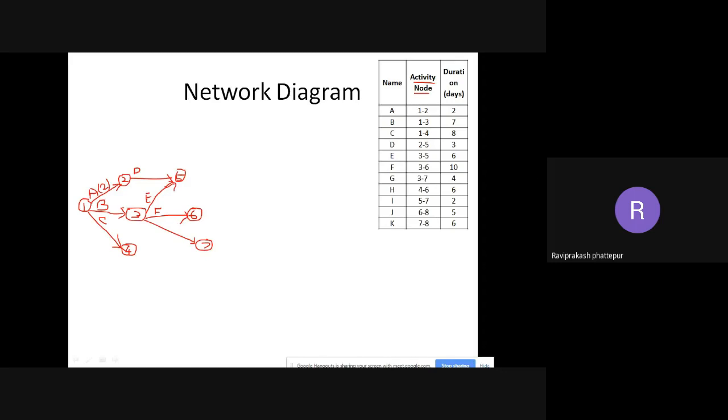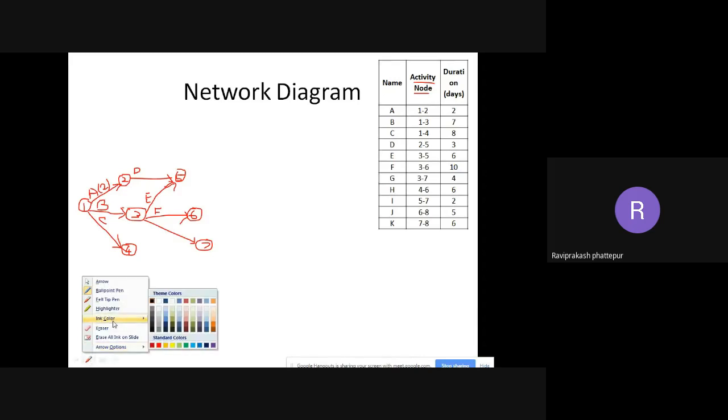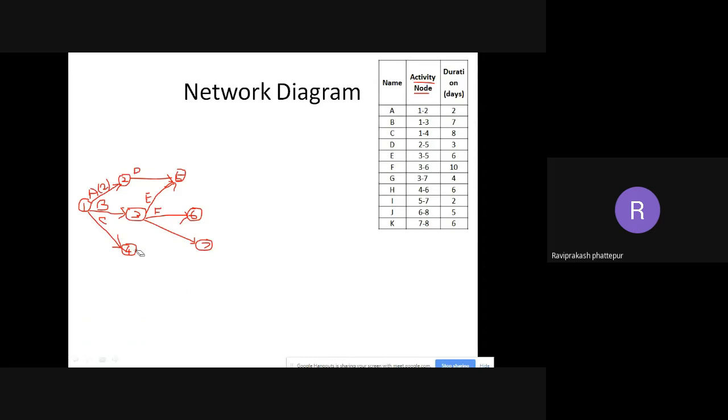So what will happen? If you are not interchanging, you need to take a diversion, which will not look that good in terms of the line diagram. These are straight lines which we are drawing. Right. So now if you see 4 to 6, I can draw directly. 4 is here, 6 is here, I can draw a direct straight line. 4 to 6 and I can mark it as H.